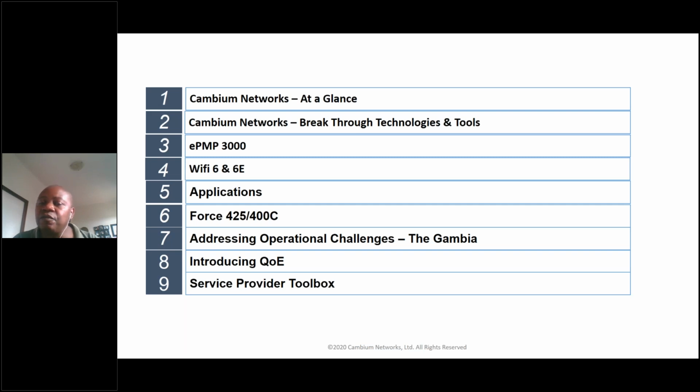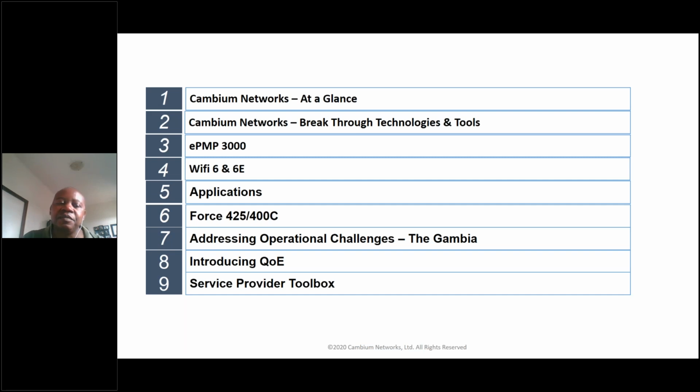That's a backhaul unit doing a gig with SFP and fiber interfaces. And then our partner in the Gambia, Tima, Power Module, is on the call, and he will give us insight into how these platforms have addressed operational challenges